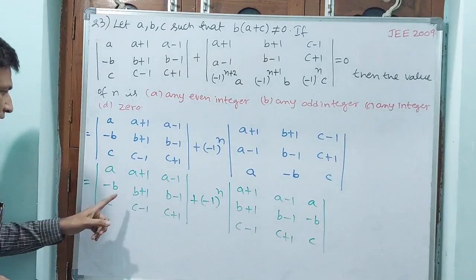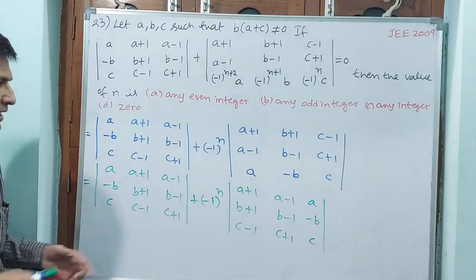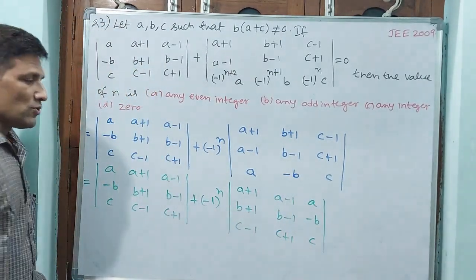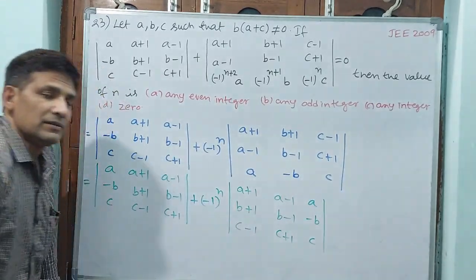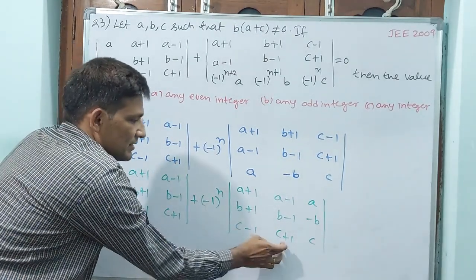If you compare both, see here a plus 1 will be in second column, a minus b will be in first column. But here a minus b, c is in third column. What I want to do, first I will make this. Okay, see what I am doing. First I will make this